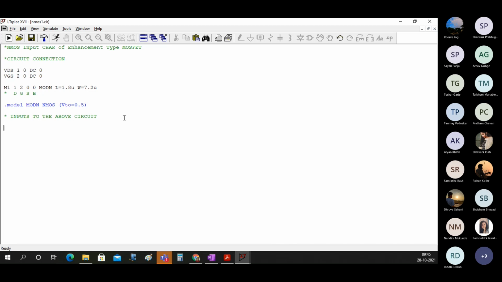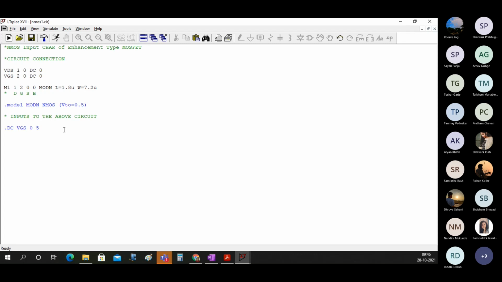You can give a DC input, you can give an AC input, you can do a transient analysis, you can do whatever you like. So you have to write here .DC because we want to see the characteristics. VGS changes from 0 to 5 because it's an input characteristic.